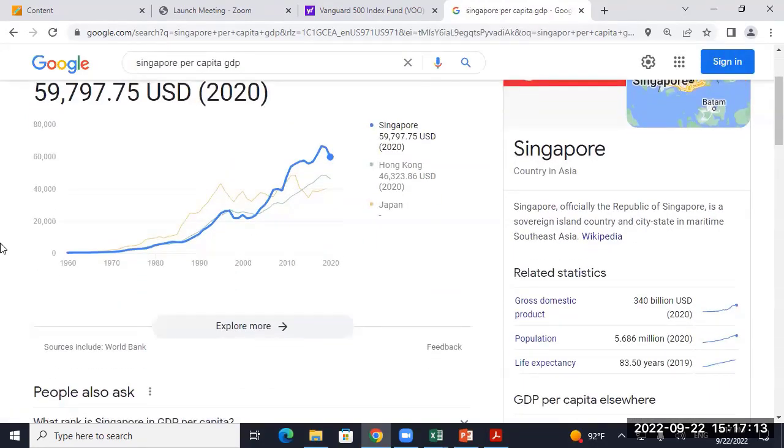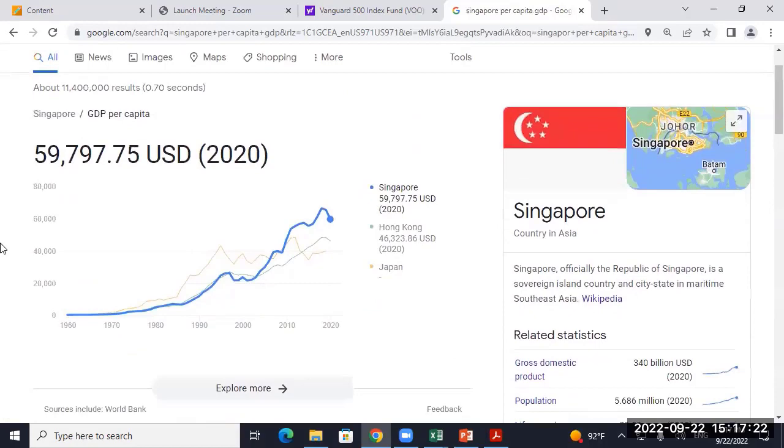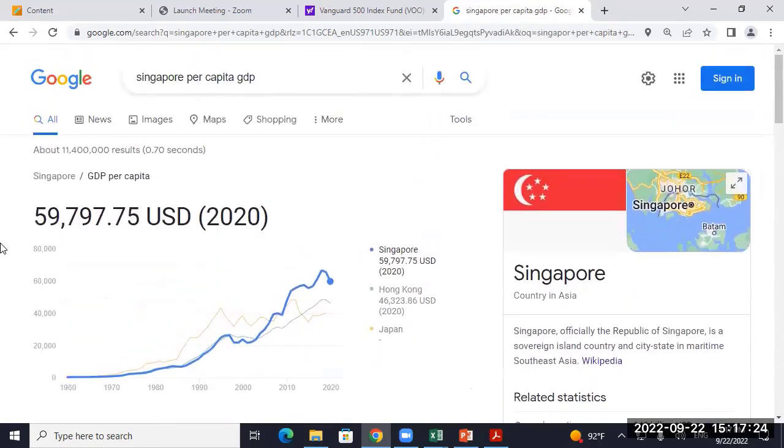Singapore is real compared to the US. Singapore is another. If I ever visit Asia, I'll probably go to Singapore because I think I could get around with my English. It's a lot better than my Mandarin. Yeah, so China is the second biggest economy, but they're much, much poorer than the rest of the world. And that's one of the things I look at for a developed country. You gotta have some wealth there.